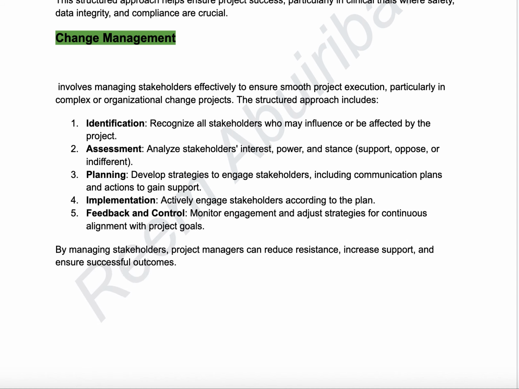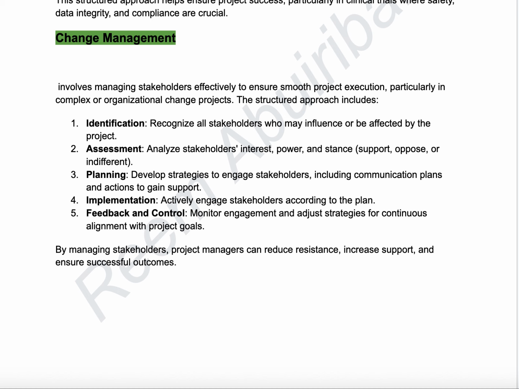Change management involves managing stakeholders effectively to ensure smooth project execution, particularly in complex or organizational change projects. The structured approach includes identification, recognizing all stakeholders who may influence or be affected by the project; assessment, analyzing stakeholders' interest, power, and stance, support, oppose, or indifferent; planning, developing strategies to engage stakeholders, including communication plans and actions to